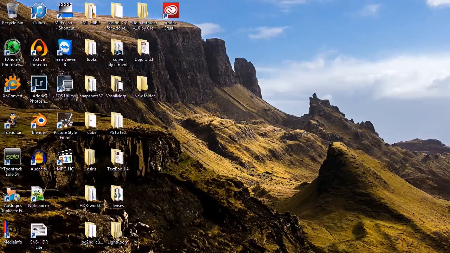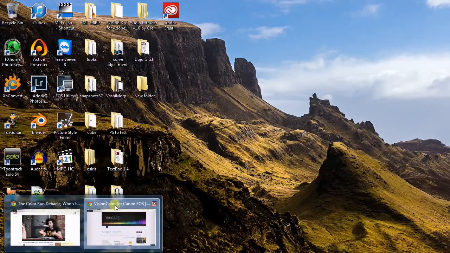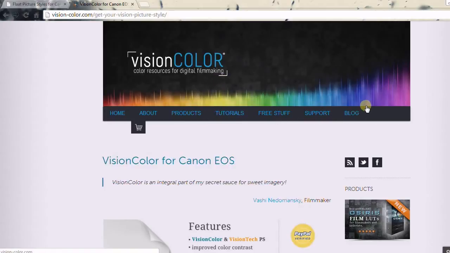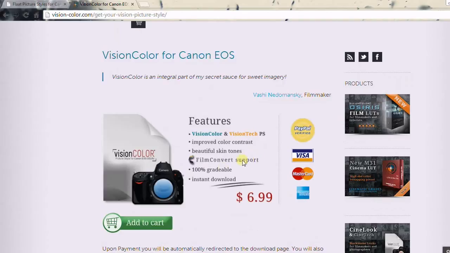Today I'm going to show you guys how to install the Flaat picture styles onto your Canon DSLR cameras. The first thing you want to do, step number one, is go to a website that would have one of these picture styles. Now you have Vision Color here, which as you can see, this one's $7. You could purchase this one. There's also Flaat ones out there,